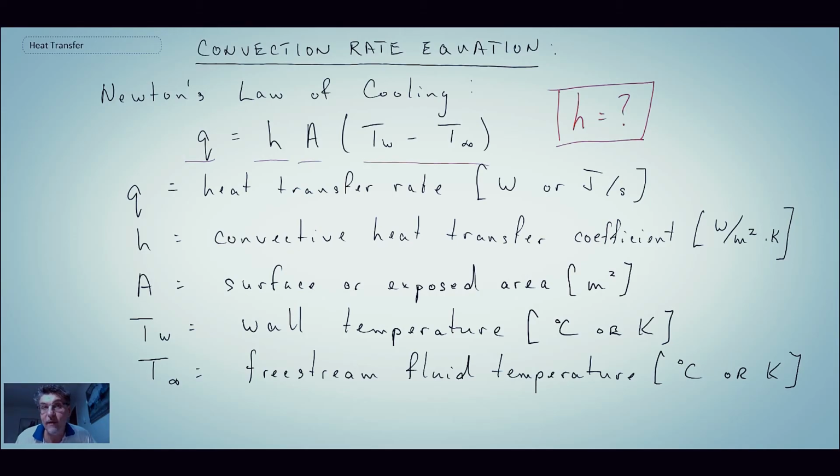There are many different empirical relations that we'll be using for determining the value, and we can then apply it for engineering calculations. And so sometimes the unknown might be the wall temperature, sometimes it might be the rate of heat transfer, might be a sizing problem, different things like that. That is Newton's law of cooling. What we'll do in the next section